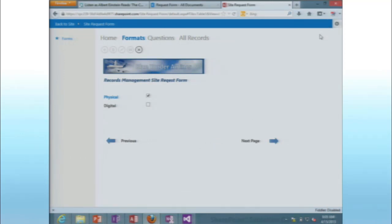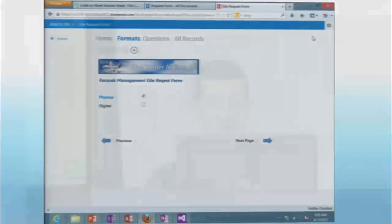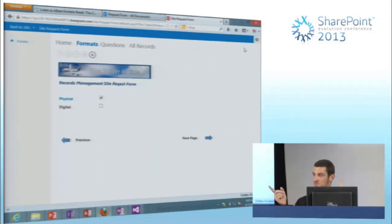So when I built this, I was trying to model the InfoPath version of my form as closely as I could, so that someone who is trying to understand the new app model could just take a look at my sample form from InfoPath, which you can get, and then replicate it in Access 2013. So there are things happening when I click the arrows. There are rules behind the scenes, but in Access we don't call them rules, we call them macros. And so they're basically mirroring the same thing we did in InfoPath. So when I click the next page button or arrow, not only is it switching views for me, but it's also saving the form for the user at that point in time. So we have some really basic rules running behind the scenes here, just like we did in the InfoPath form. So they can go ahead and click through here and finish